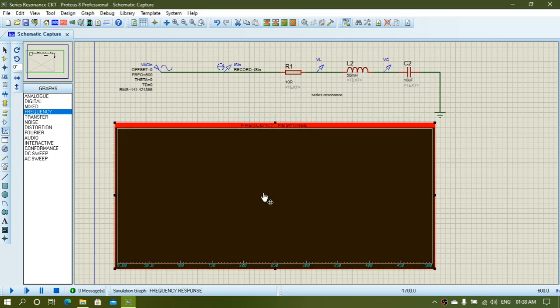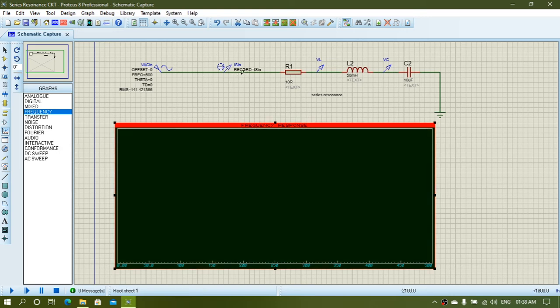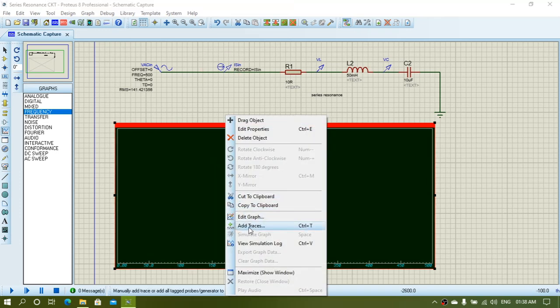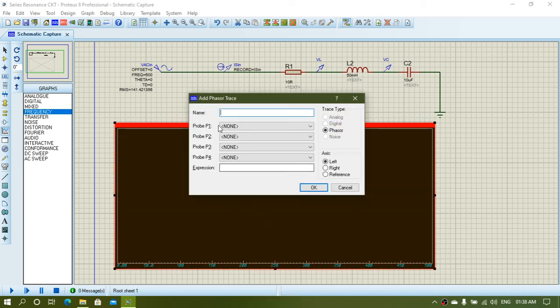click yes, simulate. Then after setting the reference, we will have to add a trace with that reference. What should I plot in this frequency graph? We should plot our circuit current. So here click on add trace, and at the first one, probe 1, you will have to give a path for I sign.